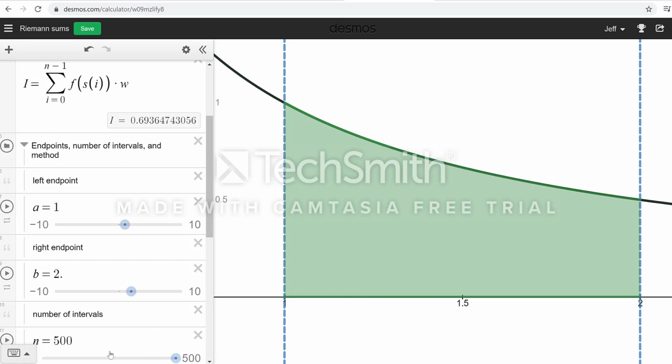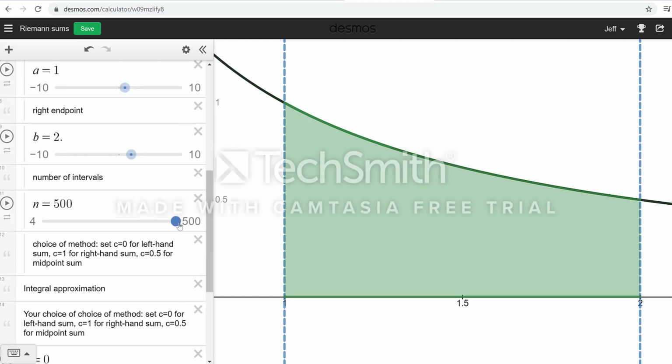Well, eventually what's going to happen is we're going to take the limit as n approaches infinity, and this will be not just an approximation, it'll be an exact value. And that's where we're headed. But right now, we got to understand a little bit about areas through these rectangles. Let's go back and take a look at things with a different method. Suppose we started out with,